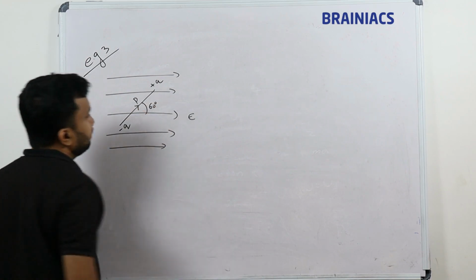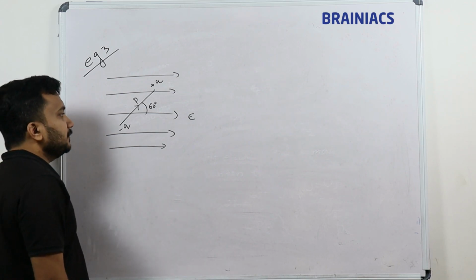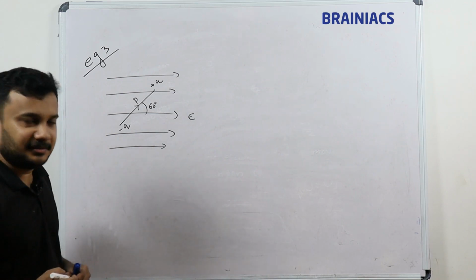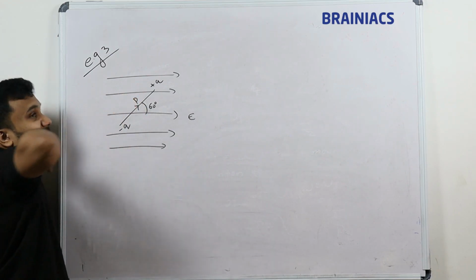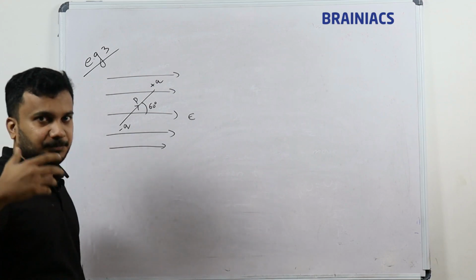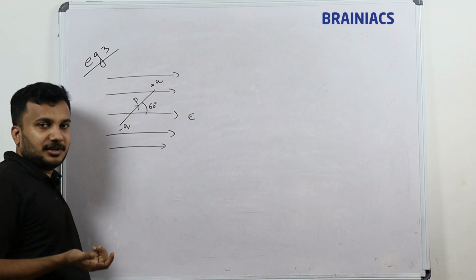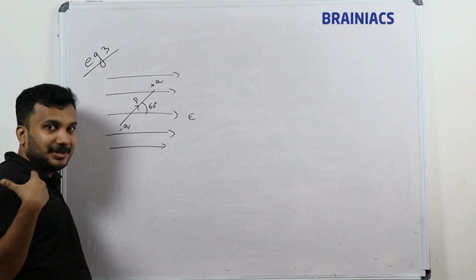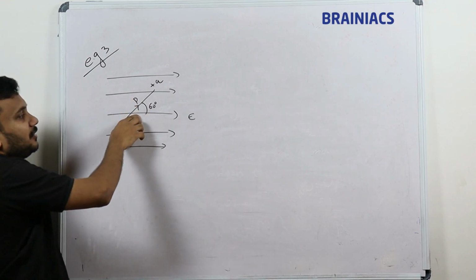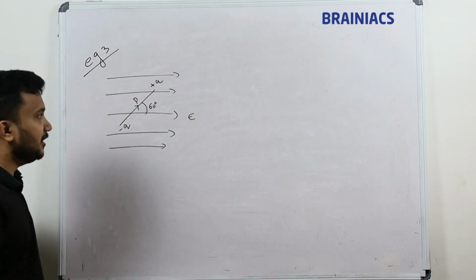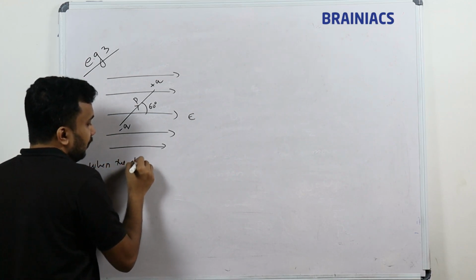The question is like this: what is the work done by an external agent? Two things will be there. If you do some external work, or if the electric field does some electrical force work, then the dipole will come back to the final position of theta equal to 0 degree. So the question is like, when the dipole